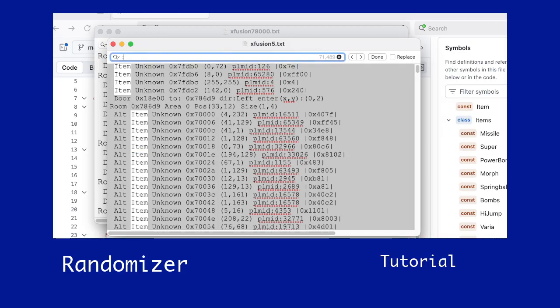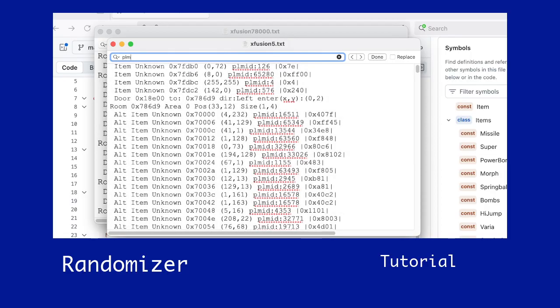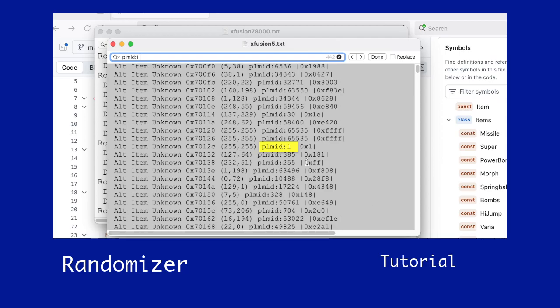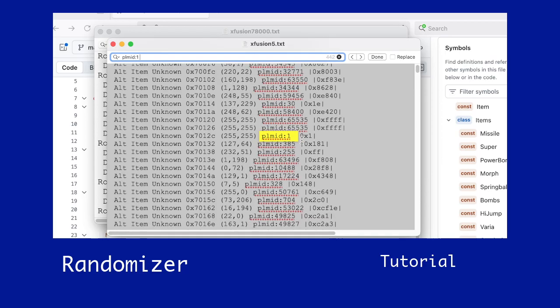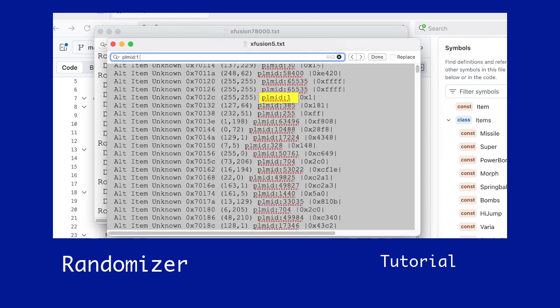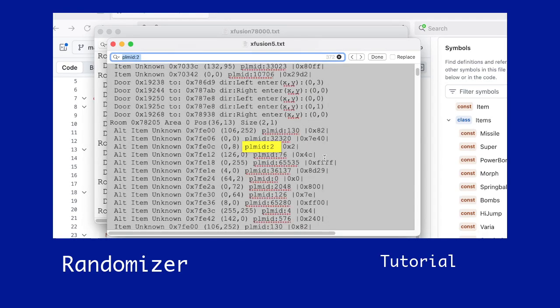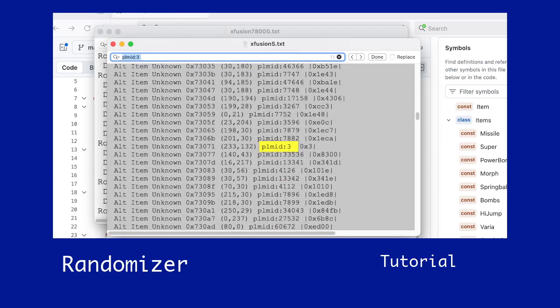One of the things I would look for is, hey, does it have PLM ID number 1? There are 442 items with number 1. What about item 2? There are 372 items with number 2. I mean, some of them aren't items, right? But this is like